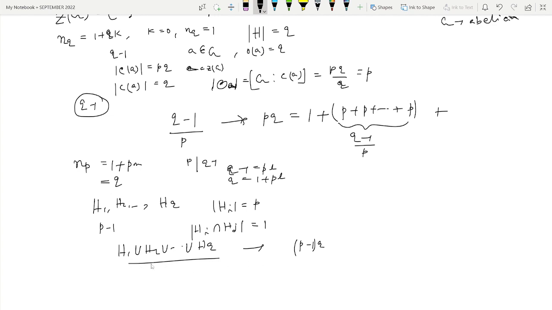So since there are exactly Q Sylow P subgroups, from these subgroups we have only the elements of order P. So there are a total of (P minus 1) into Q elements of order P,